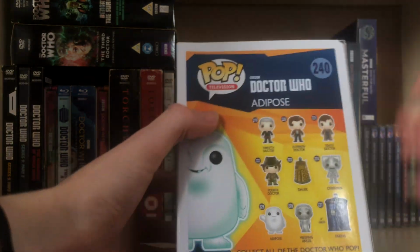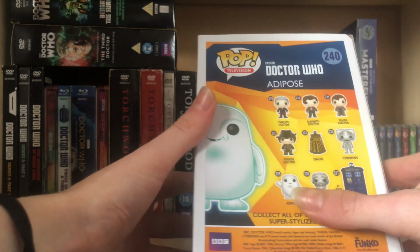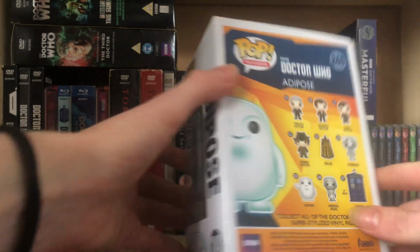I mean, my mum thinks the Kablam Man Funko Pop's really creepy. I think it's adorable, but oh well. I guess that's just personal taste for you. And there's a lot of these that I wish I'd been able to track down, but they're actually quite expensive